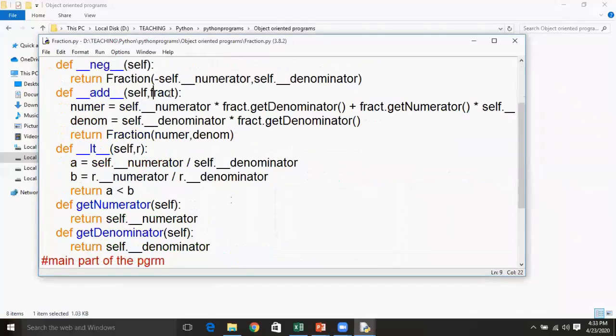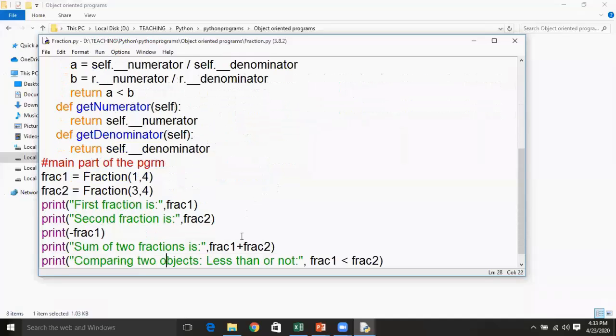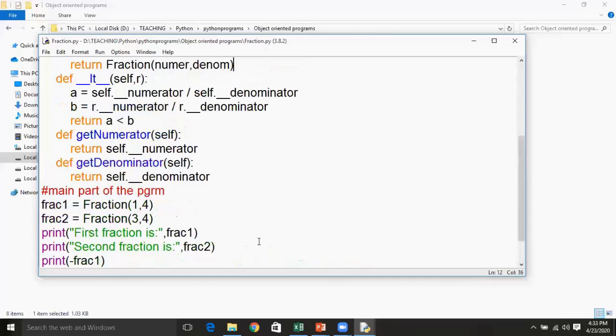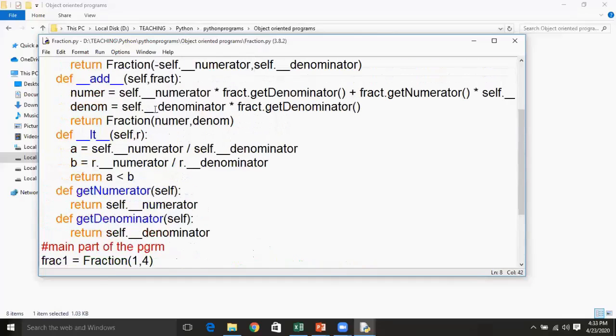So this FRACT will act as the right object that is passed after the operator, FRAC2. Whatever FRAC2 is known by, those values, or this same object, is passed as a parameter to this add function. FRACT here will act like a FRAC2 object. Please listen here very carefully.